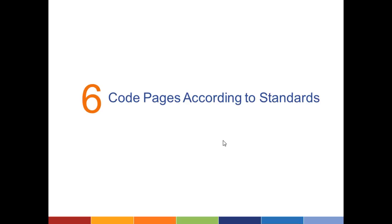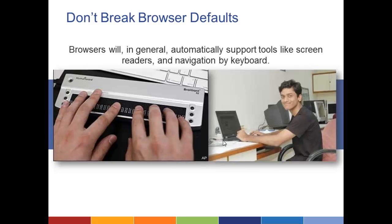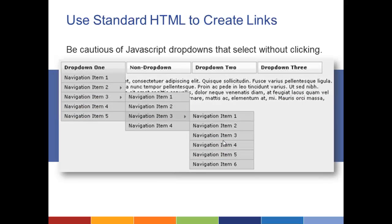Terrific. And then we have this wind-up topic, which just hits a couple of the same themes that we've already hit, which is step 6, code pages according to standards. We've talked about a number of these already, but the basic gist is that in general, browsers will support things like screen readers and navigation by keyboard unless you do weird things that break them. So you want to, in general, code things in a way that things want to be coded